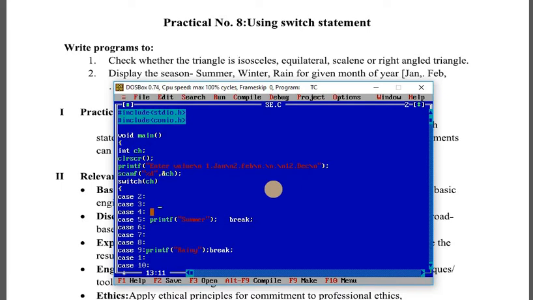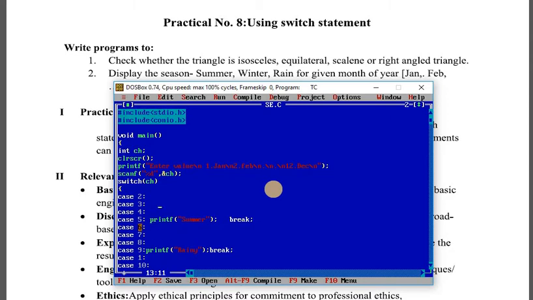There is no need to write printf summer in front of all these cases. Why? Suppose the user entered value 2, that is Feb. It will check this case, but there is nothing in this case and also no break statement, so it will go on to the next case, and so on, because all these cases do not contain a break statement. Finally it will come to case 5 and print summer.